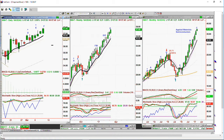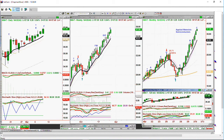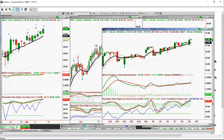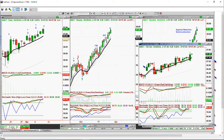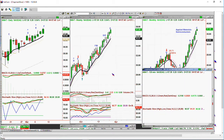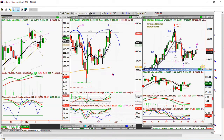And that would be based more on the technicals. It's going to be based on the 120-minute chart. A, B, C, D. Yeah, we're in D. Yeah, based on the technicals, it could be some kind of pullback. And until the semiconductor pulls back, until the IBB really pulls back,